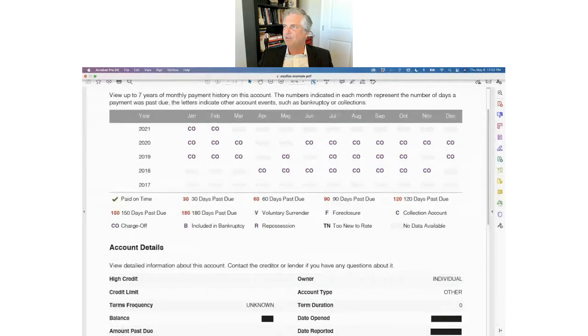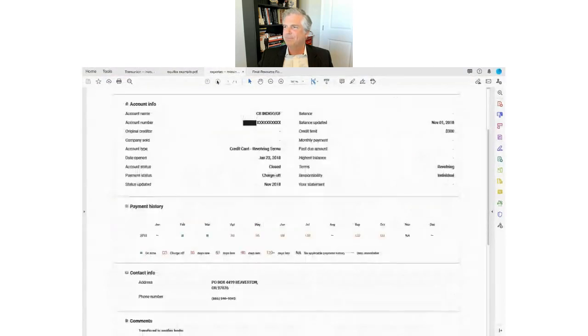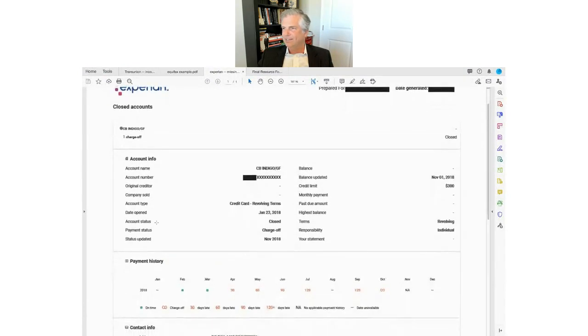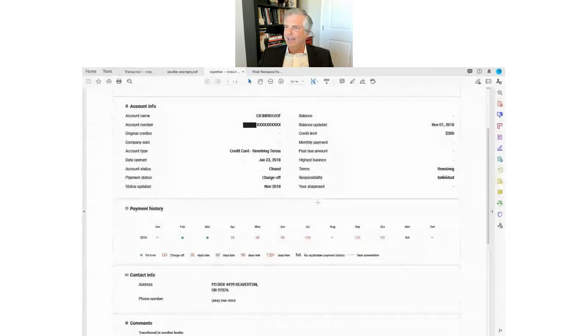And let me show you one with Experian here. This is a closed account, and it says it's charged off. There's no balance listed, credit limit 300. And here we have a payment history. Now, we're not given much data on this, okay? Now, we see it was open 2018. So that makes sense. We wouldn't have anything before then. It says it was charged off,